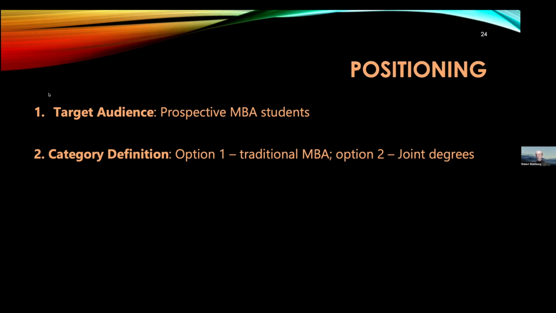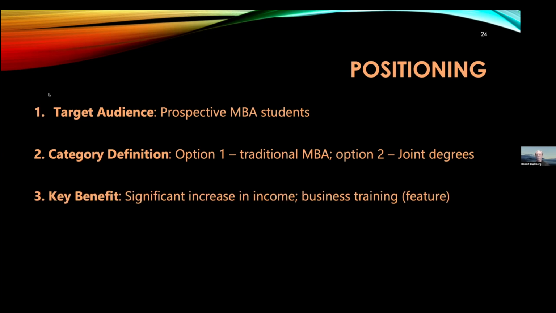So let's go back to MBAs, because I'm going to do this one more time. Last MBA story: option 1 and option 2 in terms of category definition. One way to think about it is, do I want to target people who want a joint degree, or do I want to target people who want a traditional MBA? So you're the dean at Tepper, and you have to make this kind of decision. Now, you may create two different types of programs, but I don't want to spend much time on that right now.